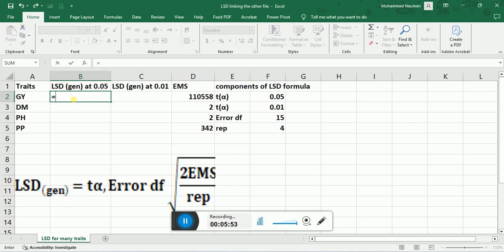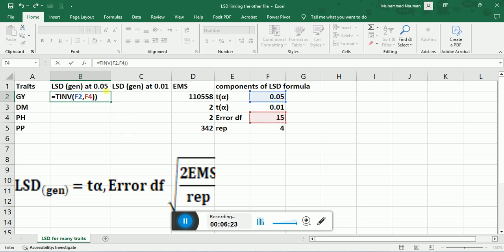Now apply the formula for the genotype least significant difference at 5% probability level. Type equal to, type TINV, double click on TINV. Now select the probability level, comma, degree of freedom, the error degree of freedom, and close the bracket.